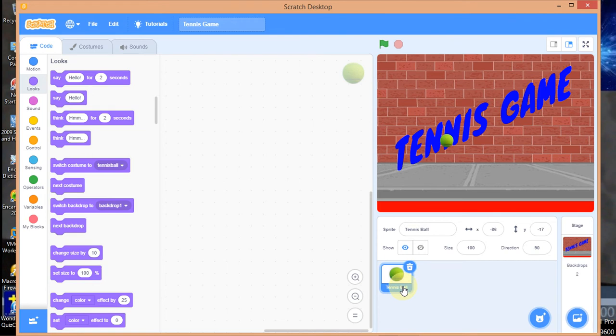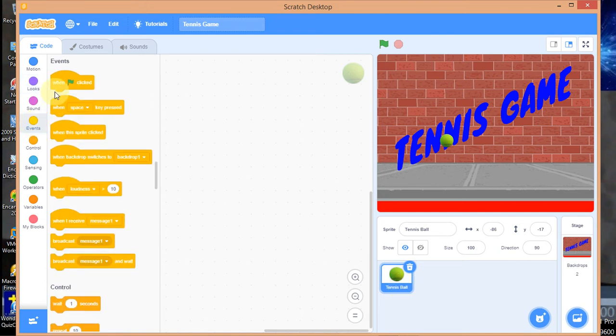To get started, don't forget that to start any program in Scratch, you go to events. That's how to start up. So we have when flag clicked, or when spacebar pressed, or when this sprite clicked. I don't want when this sprite clicked to initiate the game. I want when flag clicked. This is startup, guys. So when flag clicked, now let me set my score.